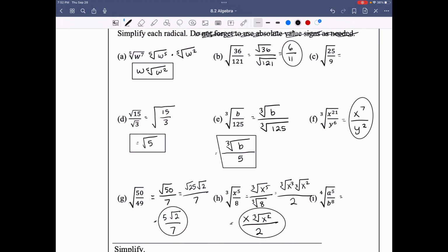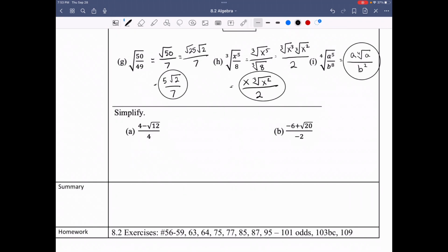I'd like you to do I together, and then we'll talk about it as you're working on it. Let's do these last two examples. I know that it's really tempting to try to cancel these 4s. You have shown me that you really want to do that, but if you leave my class with learning one thing, do not cancel things when they're being added or subtracted in a numerator and denominator. Okay, that's not a factor. You cannot do it. All right, so let's see how we can simplify this. And then I'll let you work on B